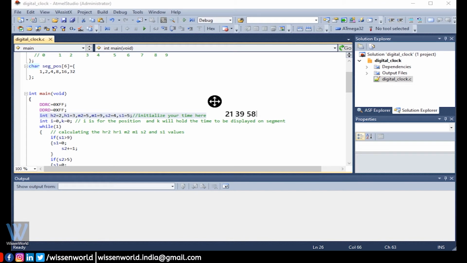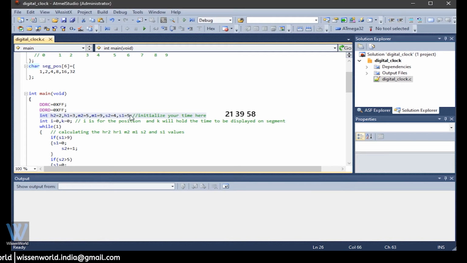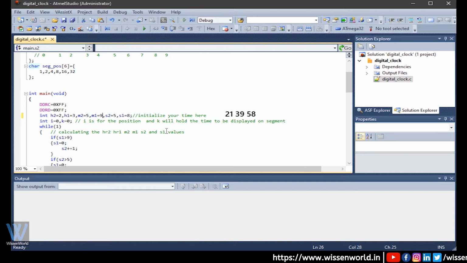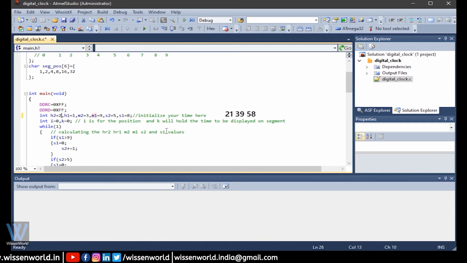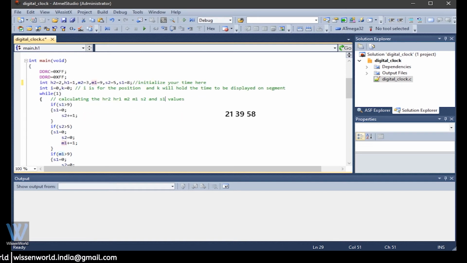So we have to put these values like this. S1 should be 8 because it is the least significant value. Then S2 is 5. Then M1 is 9. M2 would be 3. And H1 should be 1 and H2 should be 2. That's how we can initialize our time.